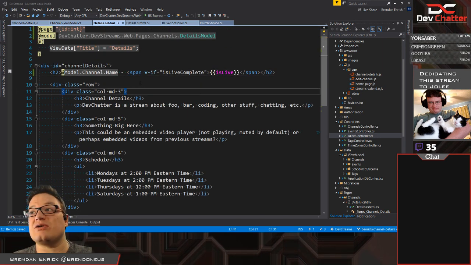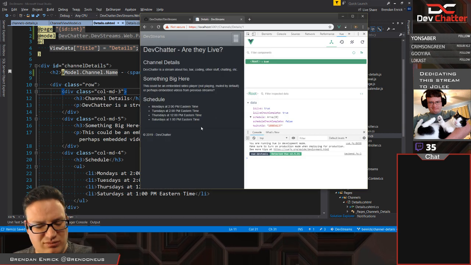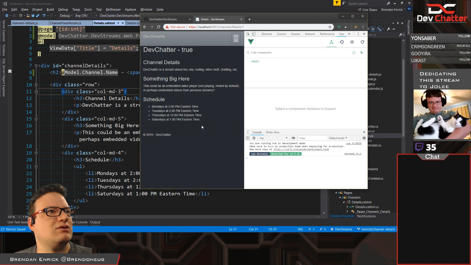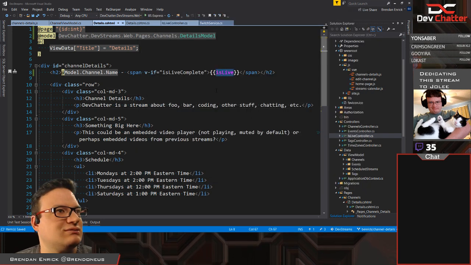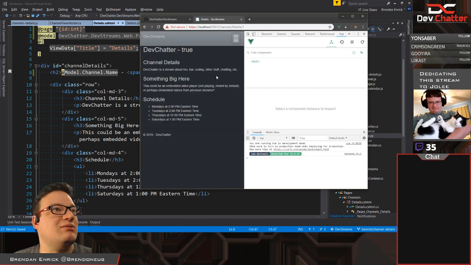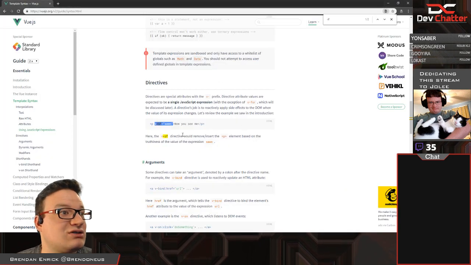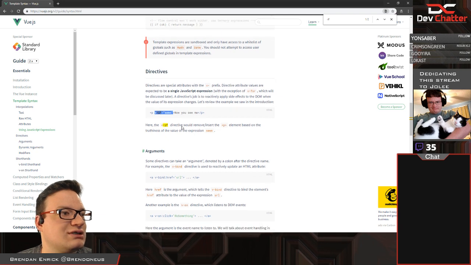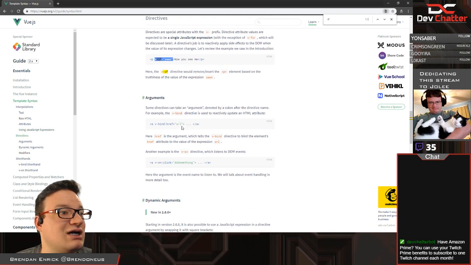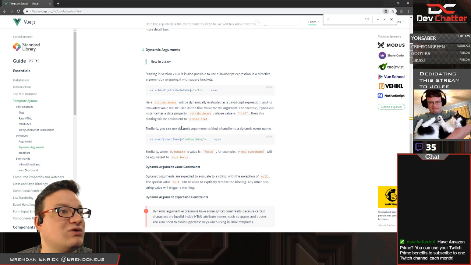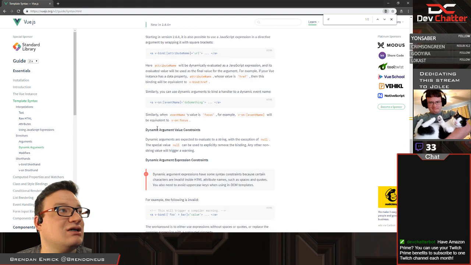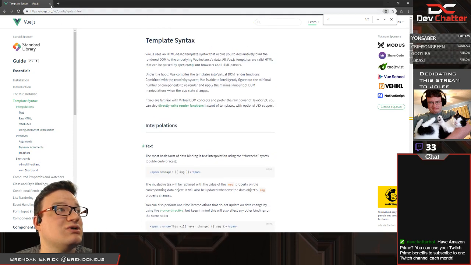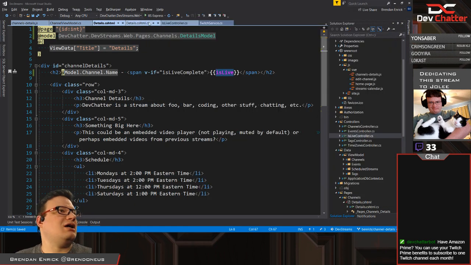Let's find out what happens now when we run this on the page. I think that might just refresh. True. Cool. Perfect. Now, how do I make it be based on two values? I guess it could be, I want to display one value if one or the other. I guess instead of having a Boolean on that, because we're just loading, we could have what the message is, what the value is. So we'll do that.